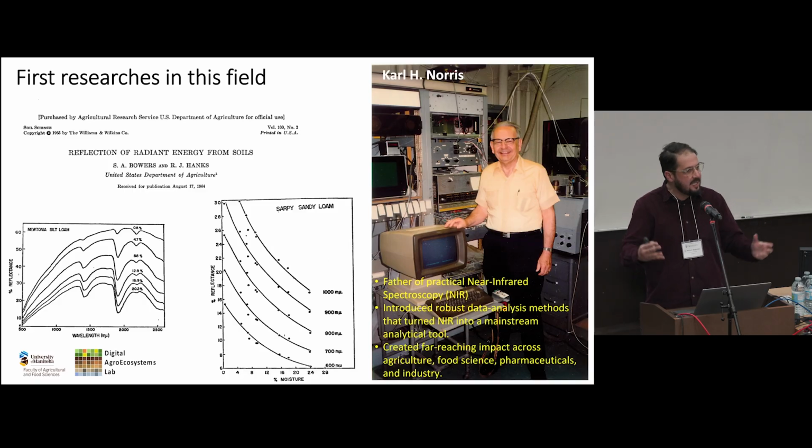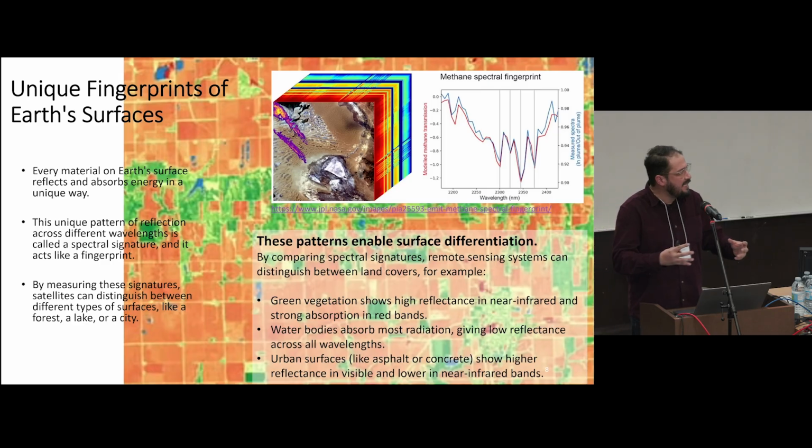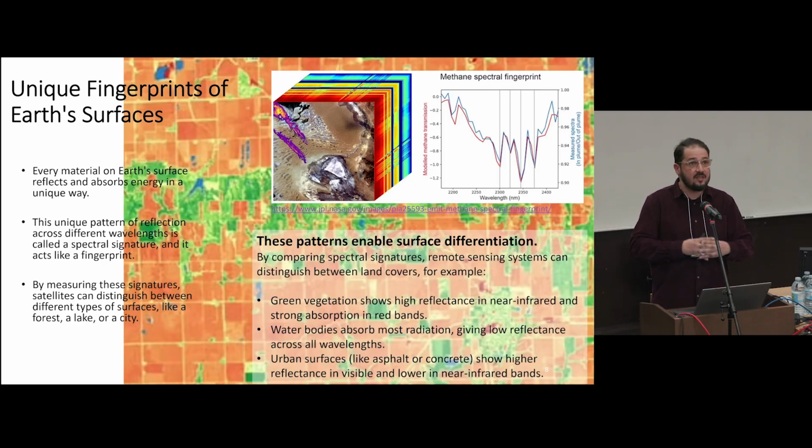In the 1960s, I would say, came the boom of spectroscopy, or analytical spectroscopy, not because we discovered the technology, but because we were improving our computational power, okay? Our environment is getting more complex. The need for understanding more details about the physical and chemical soil properties started to mix. The idea of having a fingerprint or a spectral signature became very important because the combination between all these entities,